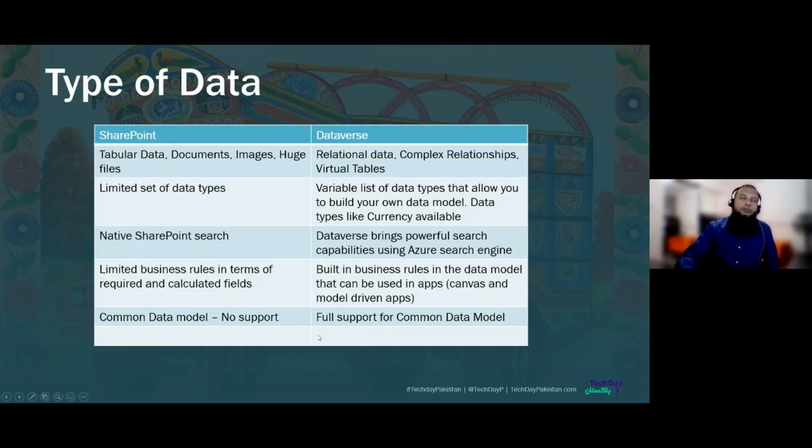So let's come to the first point. We have seen the bullets, but now let's see the first point, which was type of data. So we know that we've been using SharePoint and we know that we can use tabular data. SharePoint was primarily meant for document management systems, but then we started using it as data storage as well, for tabular data, for images, for large files as well. But we all know that there is a specific